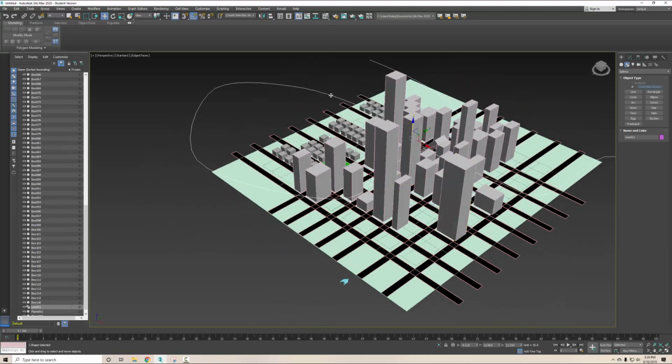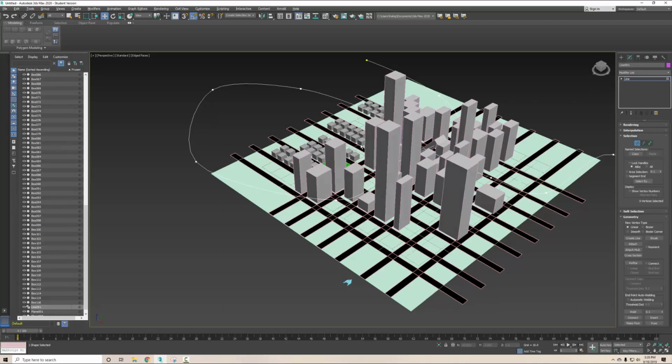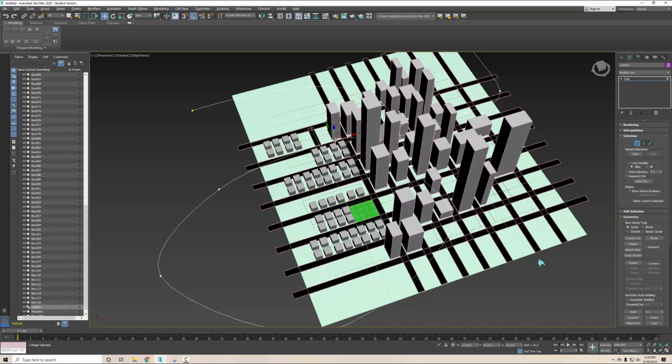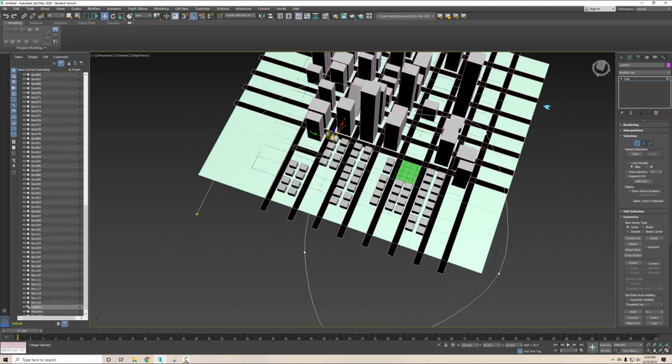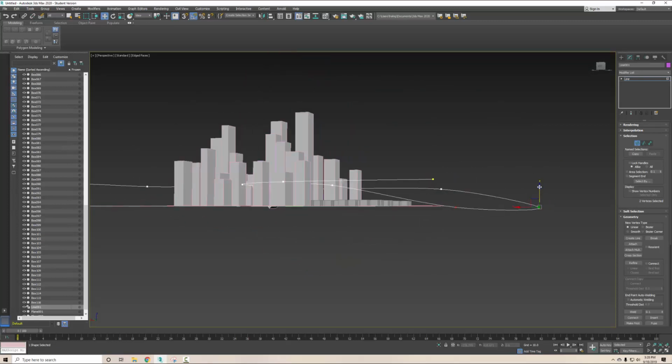So the way we adjust the curve is with the curve selected, you simply go to modify, and then you select vertex. And then I can come in here and actually grab them, and they'll behave just like anything else, and they'll update that curve for me. And this is also where I can go in and add my depth to the line. So I can go ahead and add some verticality here,